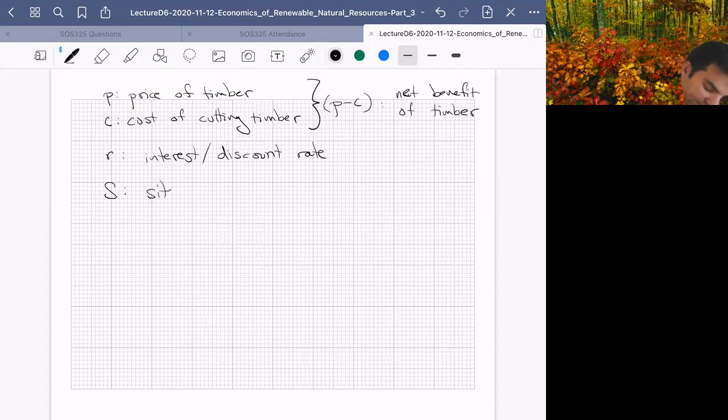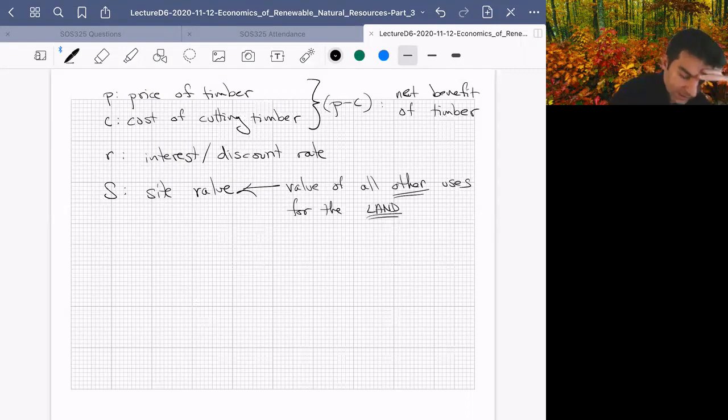S is the site value, which is the value of all other uses for the land, not the timber, like parking lots, etc. And then D is the cost of replanting